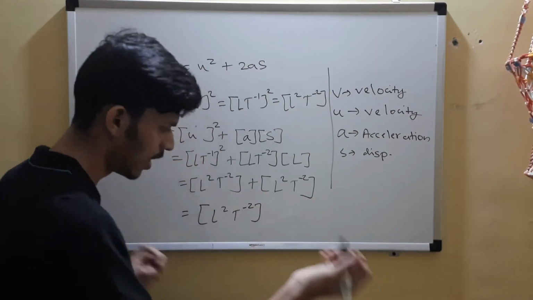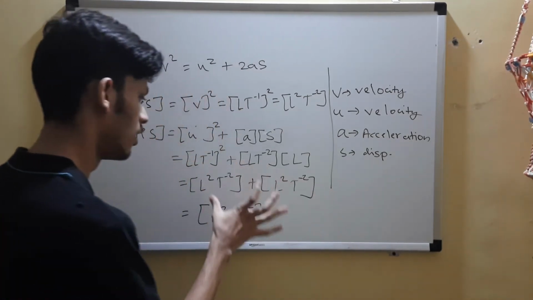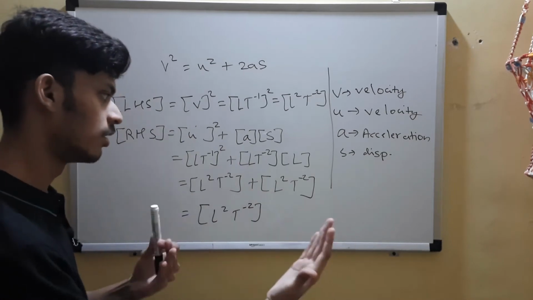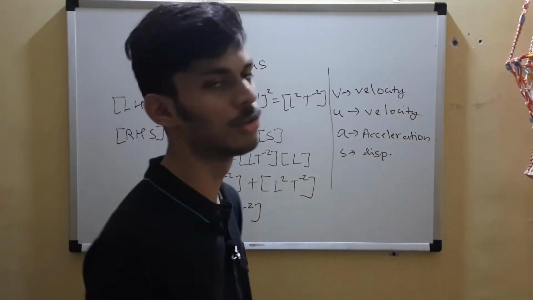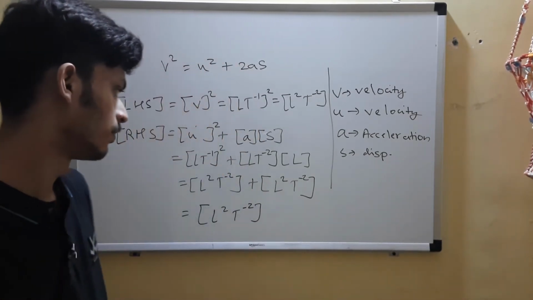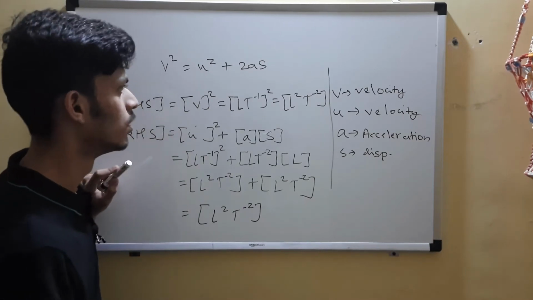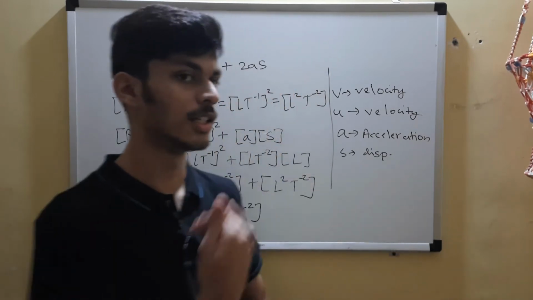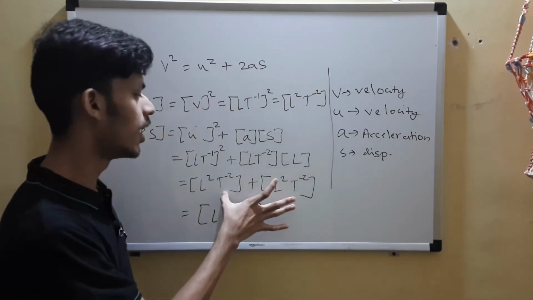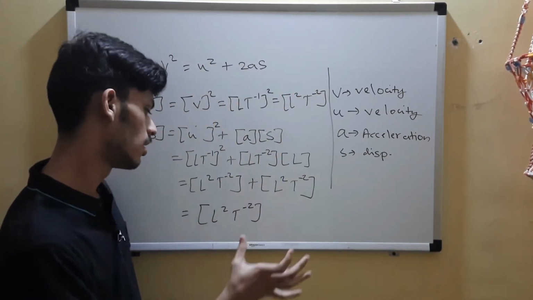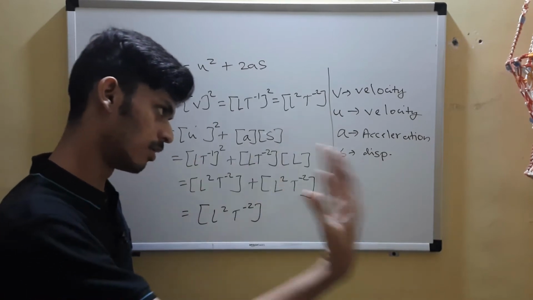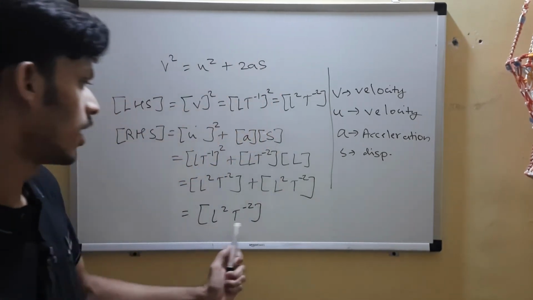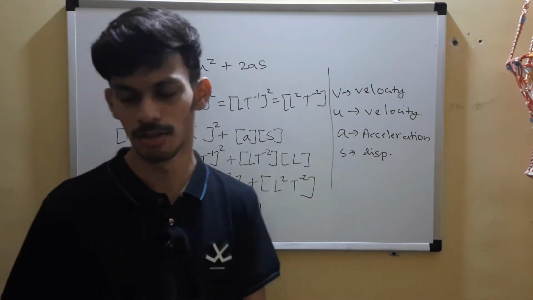The answer will have the same dimensions as those of the quantities that we had added. So you can either look at it in the way of the principle of homogeneity, or you can step back and say that when you add two similar physical quantities, the dimensions of the answer will be the same as those of the previous. Okay,